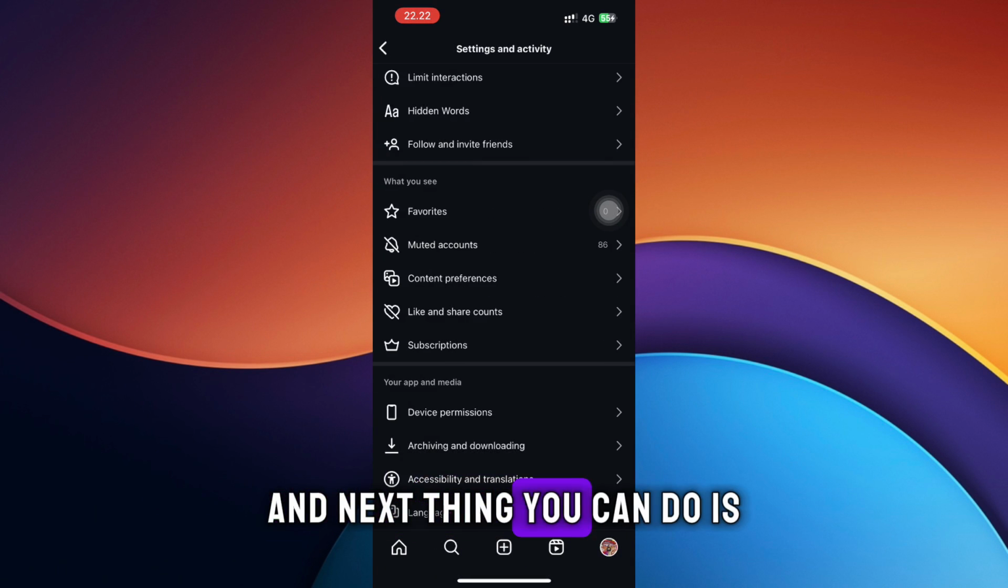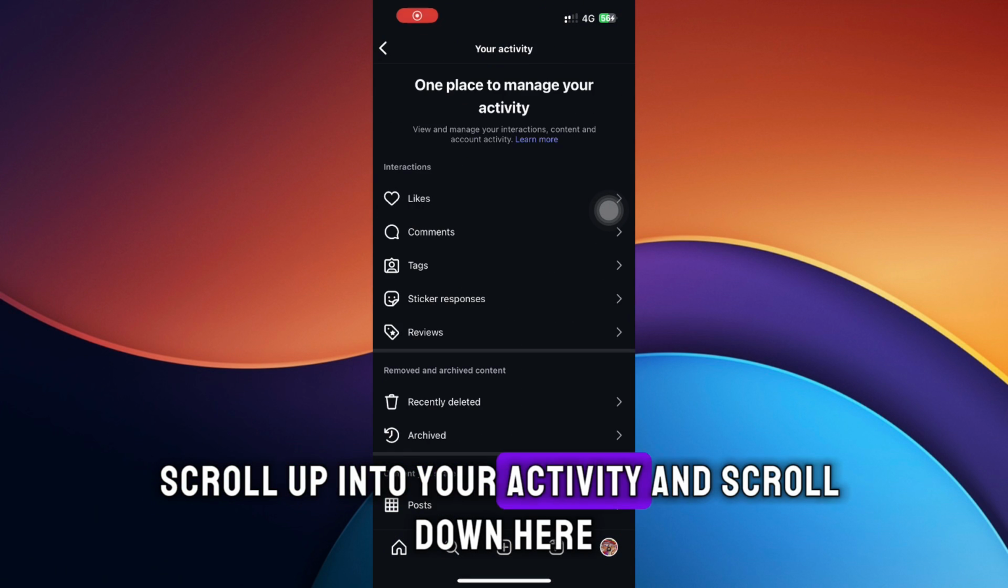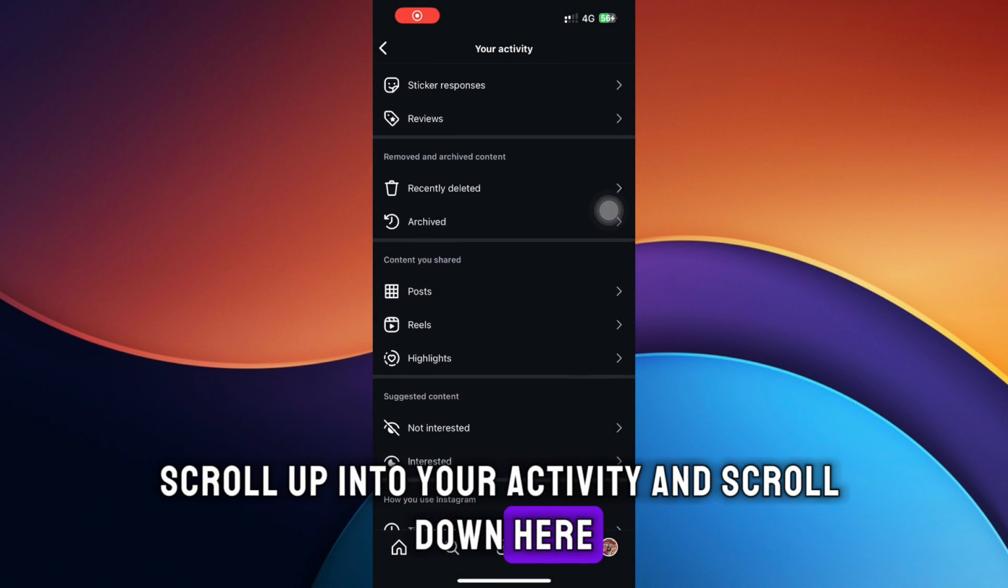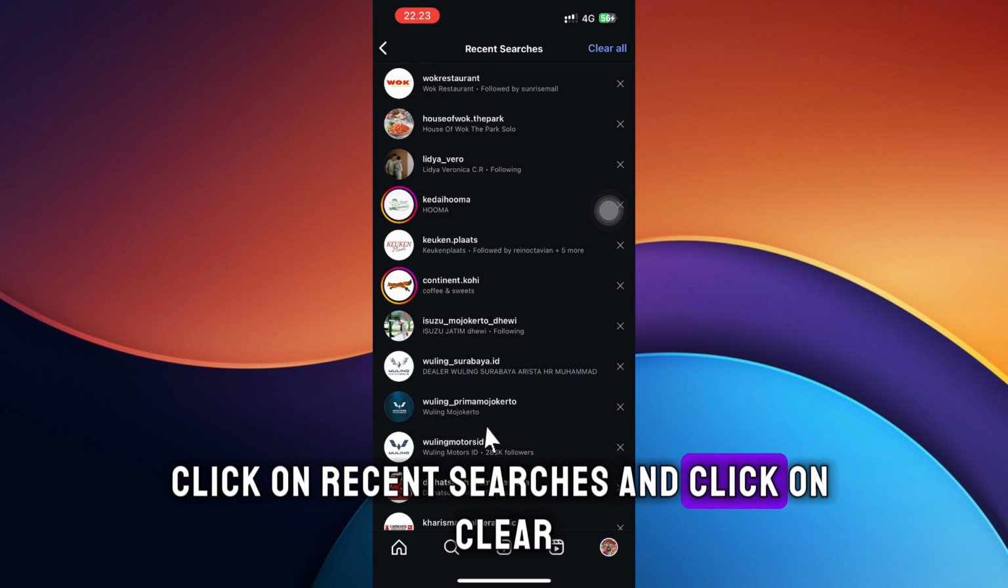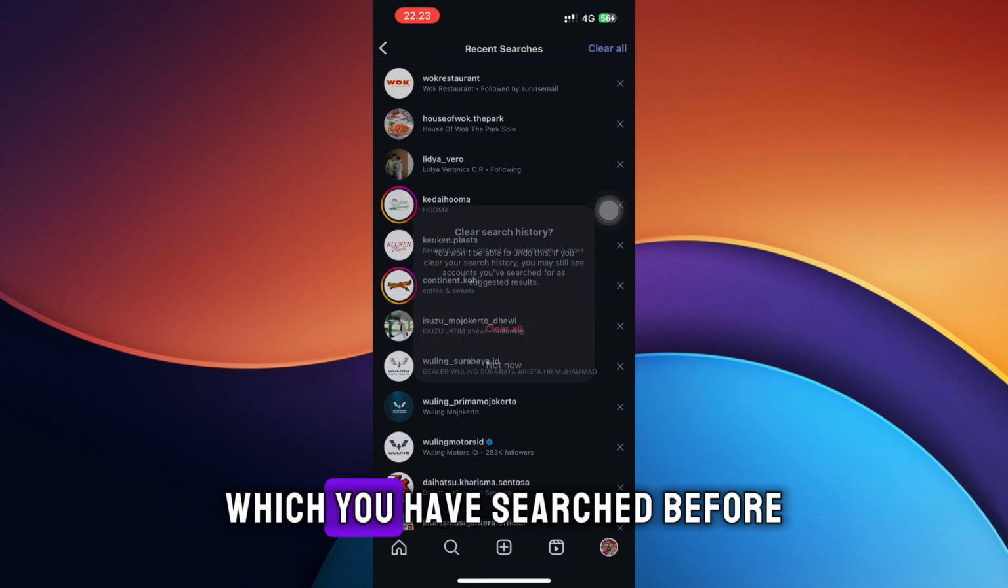And the next thing you can do is come back to your main settings, scroll up into your activity and scroll down here, click on recent searches and click on clear all, because Instagram may recommend content which you have searched